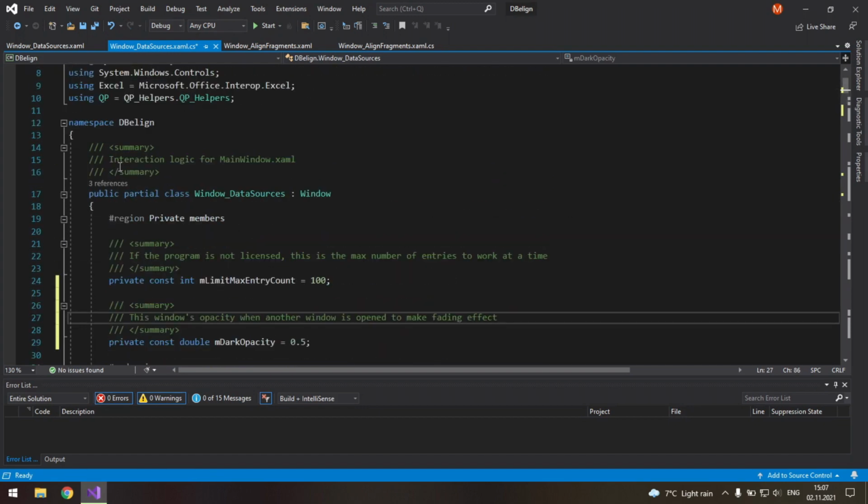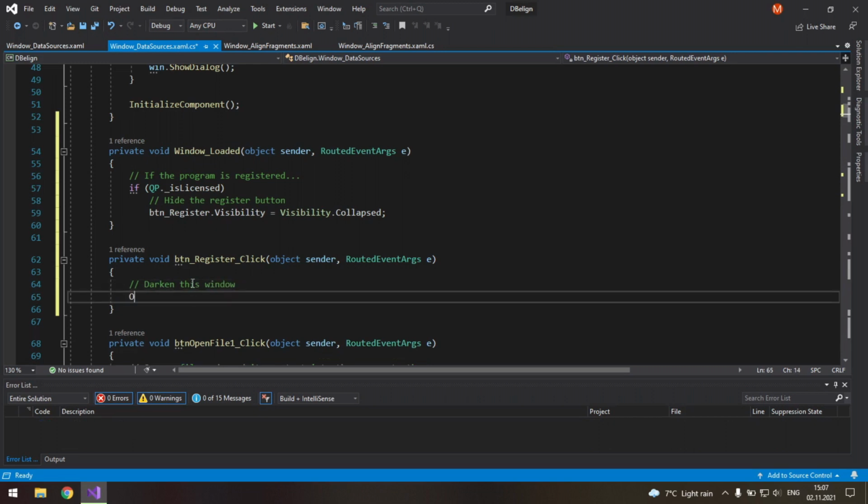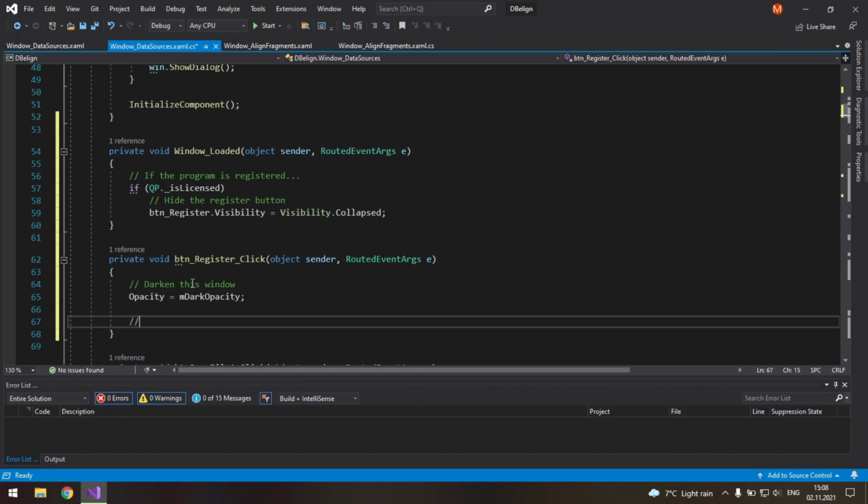Now let's return to our button register click, and here we will first darken this window. So opacity equals m dark opacity. Then we will initialize window by.